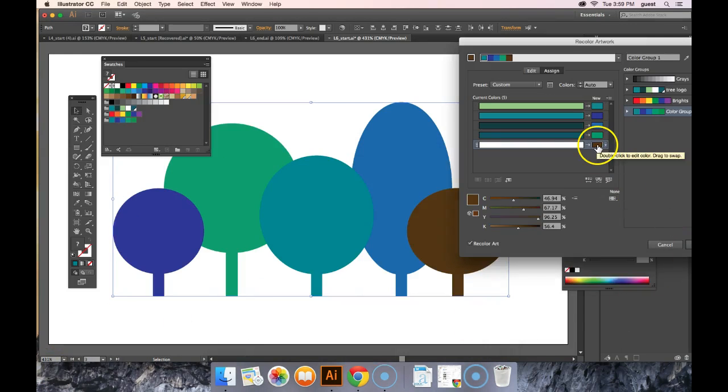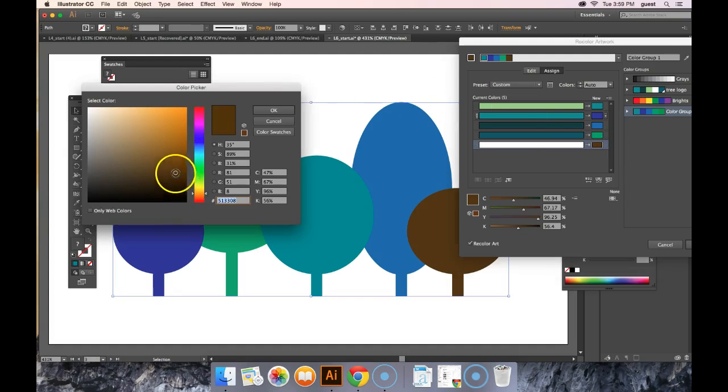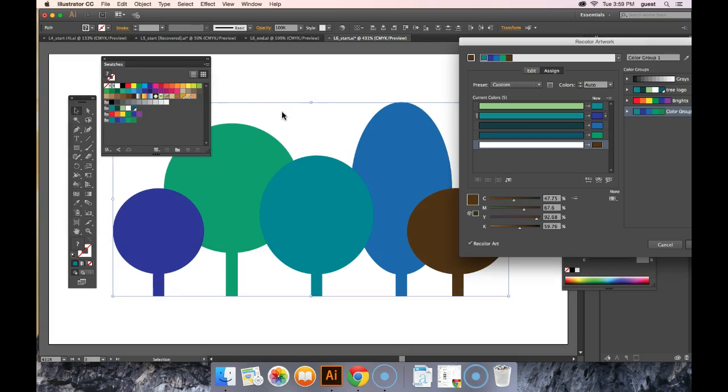So if I want to change a color, I double click on one of the colors, and before that was white, I'm just going to choose a dark brown, and I'm going to click OK. And then I'm going to have the brown up on top,